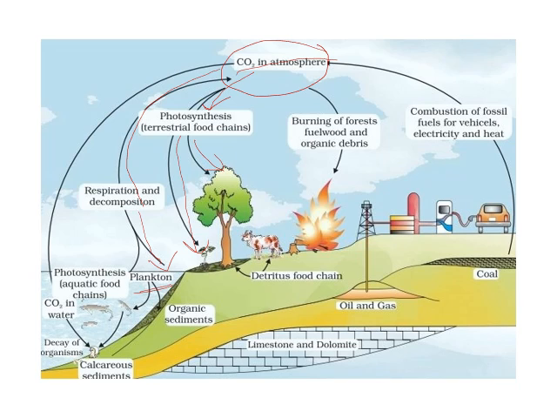So this carbon is fixed by plants, phytoplanktons and small plants. Now from plants, carbon goes to consumers, and as a result of decay and decomposition,